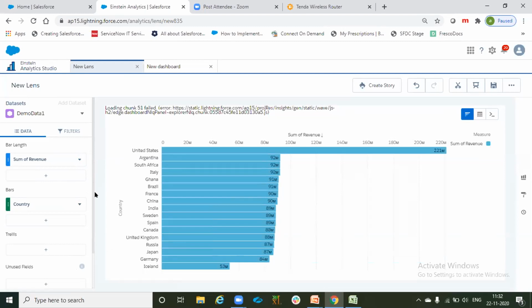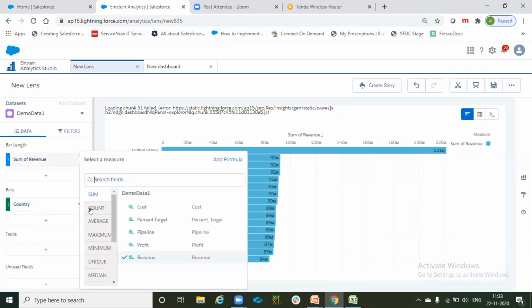Okay, so continuing, I was saying that when I group on the country, it now shows me the sum of revenue for each country. So what does grouping mean? Grouping means that from that particular column, Einstein will capture the unique values and then do the calculation based on what you have selected here, like sum of revenue or average of revenue, whatever.